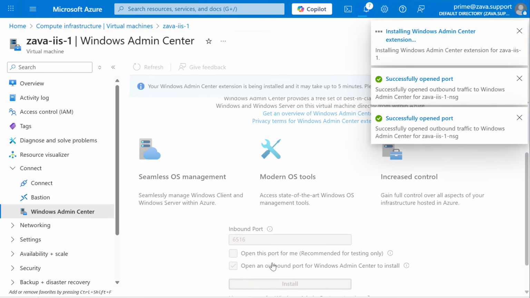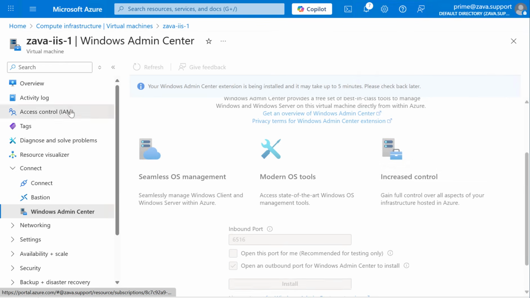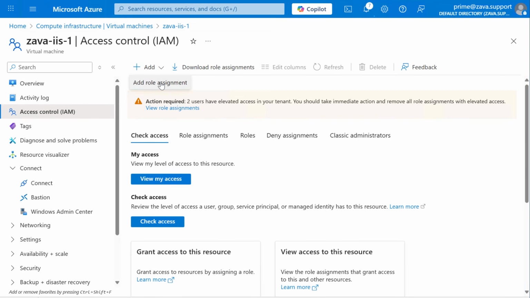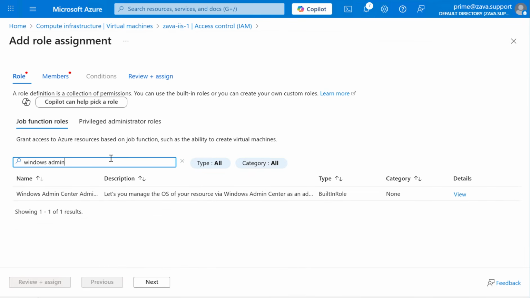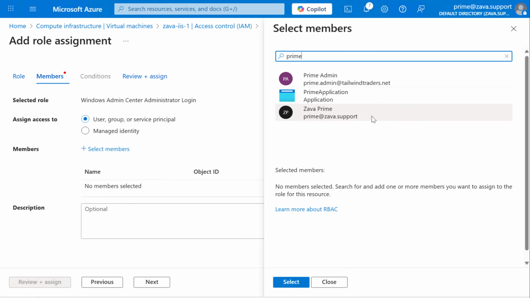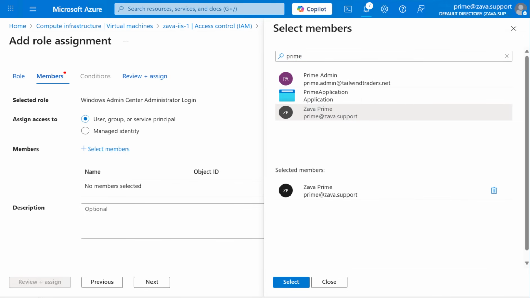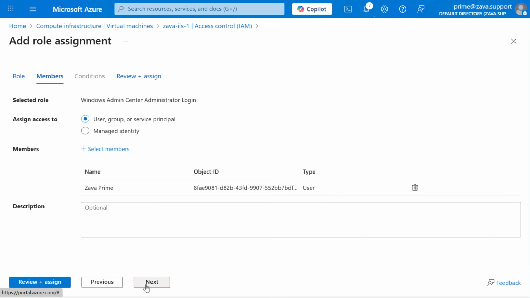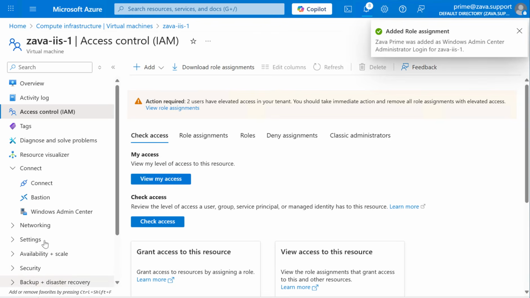The other element of using Windows Admin Center through the Azure portal is configuring the right role assignment. So here we add the role assignment. We type in Windows Admin Center Administrator. We add the Prime at Java account. This will allow this particular user that's logged into the portal to use Windows Admin Center to connect to this